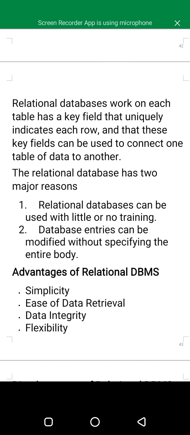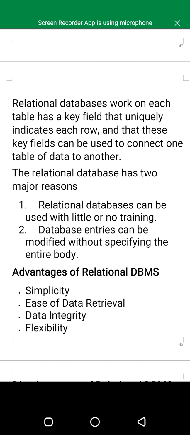The relational database has two major reasons for its popularity. Number 1, relational data can be used with little or no training. If you've ever used Microsoft Access, you can relate a bit.